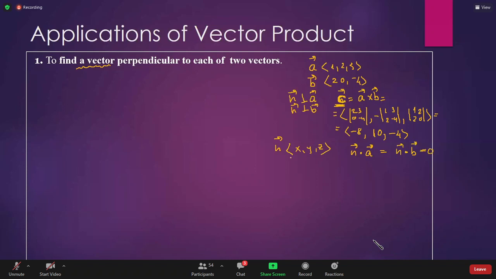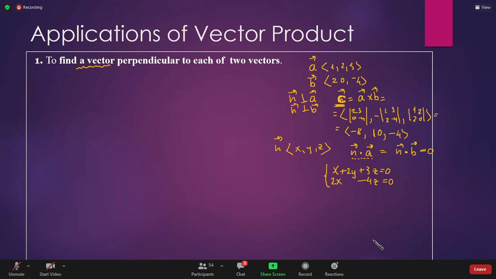Then I can say that the vector N is perpendicular to both A and B. So that would be 1x plus 2y plus 3z must be 0. That is the first product. And for the second product, I would have 2x plus 0y minus 4z equals 0. And then when I attempt to solve this system,